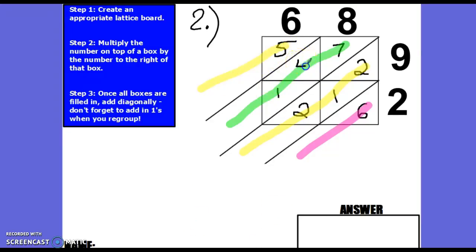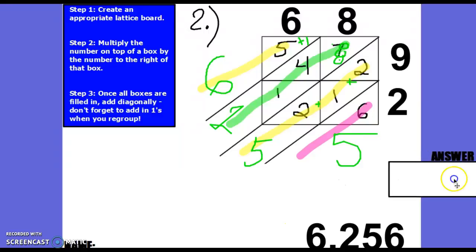Looks like I forgot a number here. Let me add in that 4. So now I'm ready to add. I bring down the correct numbers. Nothing to add with this 6, so the 5 just gets brought down. 2 plus 1 plus 2 more is 5. 4, 5, 6, 7, 8, 9, 10, 11 plus 1 more is 12. Carry my 1, bring down my 2. And then 5 plus 1 is 6, which means my answer is